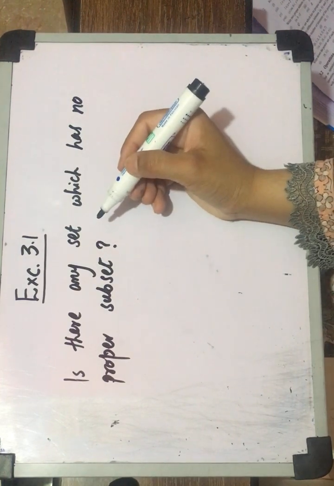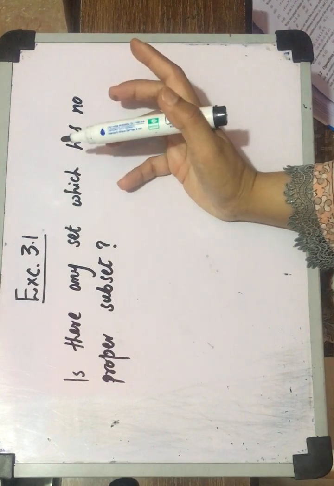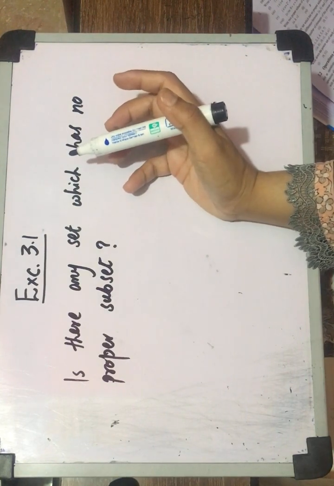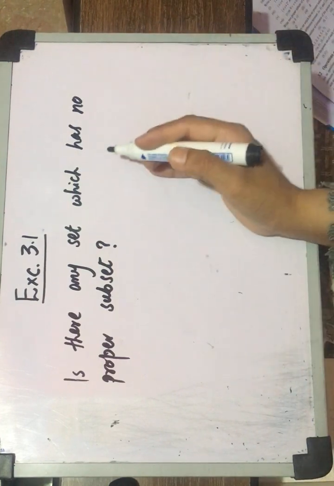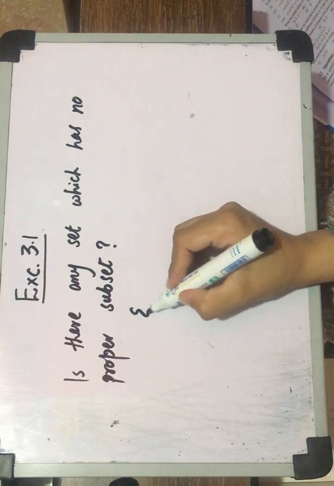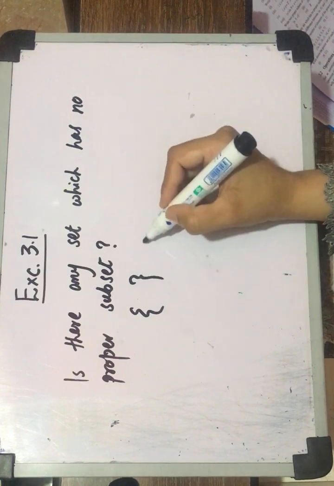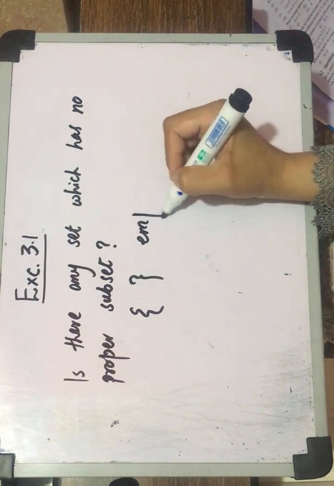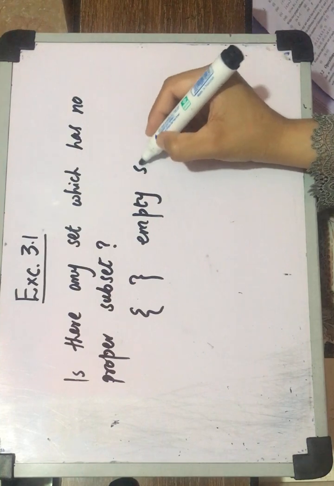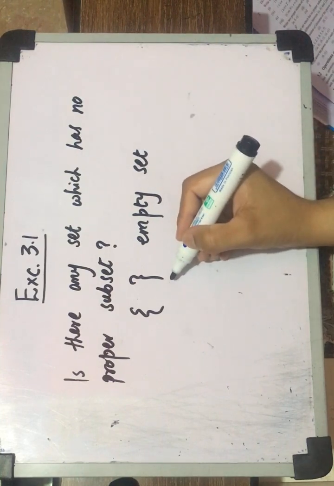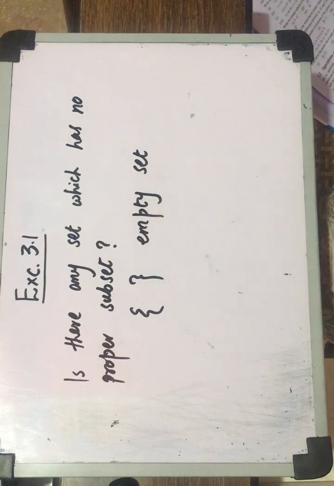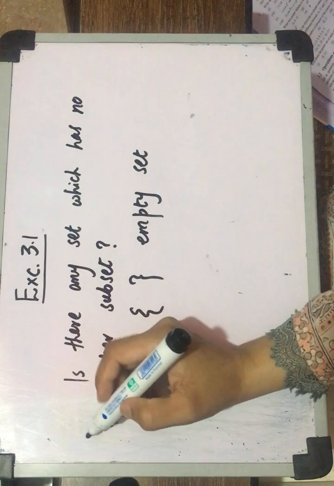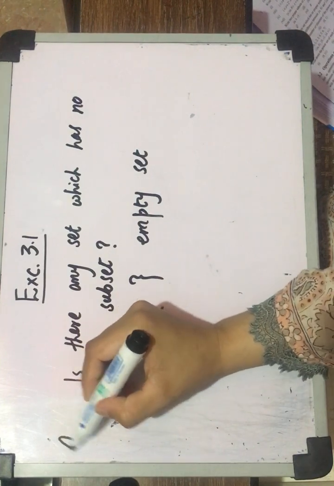Okay student, is there any? I think so. There is one of the set which have no proper subset, and that is an empty set. An empty set is that set which have no proper subset. Okay, this was question number 4,